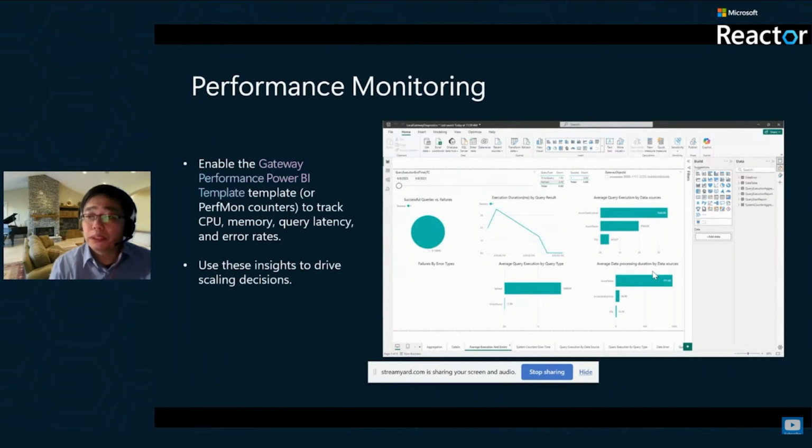To ensure optimal performance of your on-premise data gateway, you can enable the gateway performance Power BI template or use the performance monitor counters. These tools help you monitor critical system metrics such as CPU usage and memory usage, by tracking how it's performing under different loads. This data is essential for making informed decisions about when to scale your gateway infrastructure. For example, if you notice increased query latency or high CPU usage, it may indicate that additional gateway nodes are needed to handle the growing demand. Using these performance insights to drive your scaling decisions ensures that your gateway infrastructure remains reliable and capable of handling